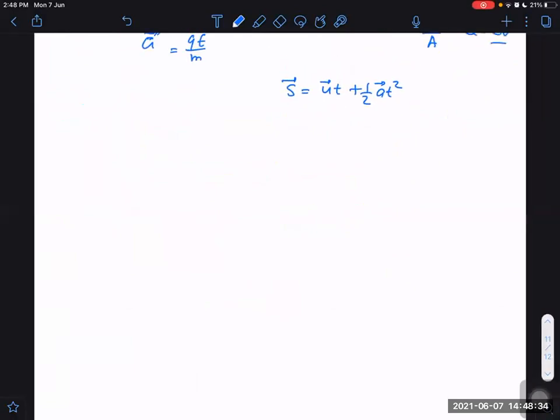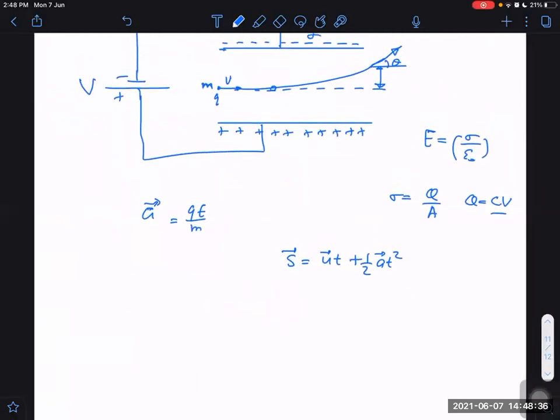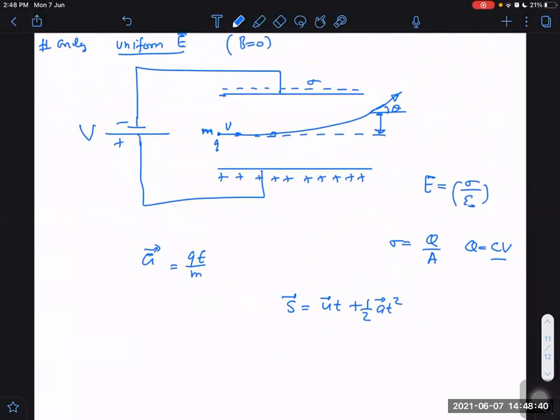It is not that tough also. Okay. As far as this particular case is concerned, I am assuming it is in gravity free space. If it is in gravity free space, then my answer will be simply: displacement along y-axis will be half of acceleration along y-axis into t square. Time taken will be obtained by knowing the length. Let's say this length is given as L and V was given as V. So time taken to cross it will be L upon V.